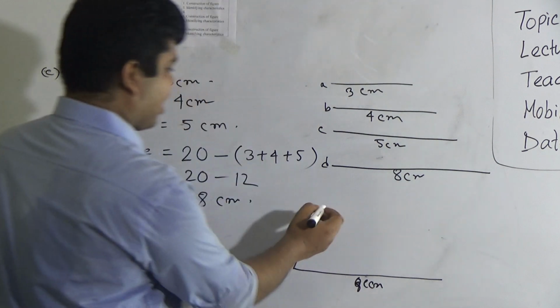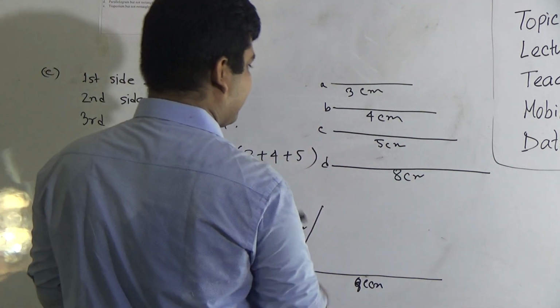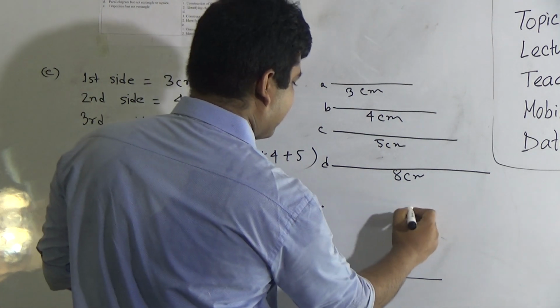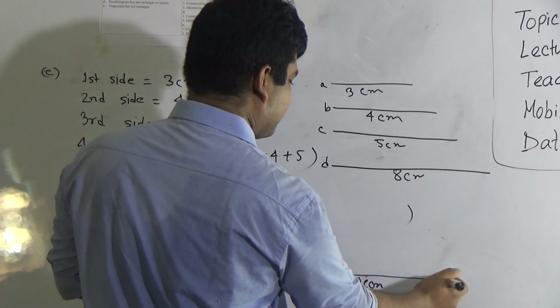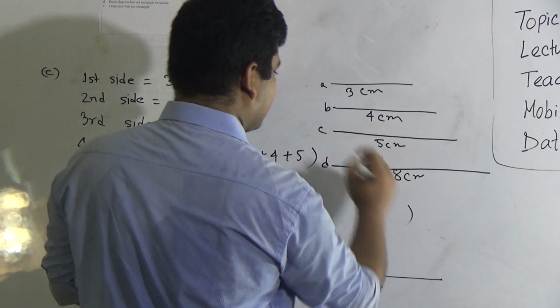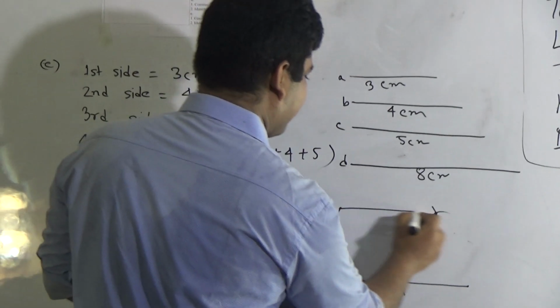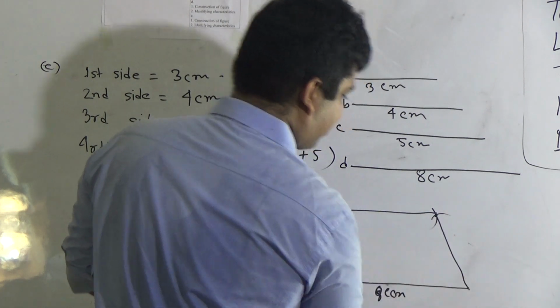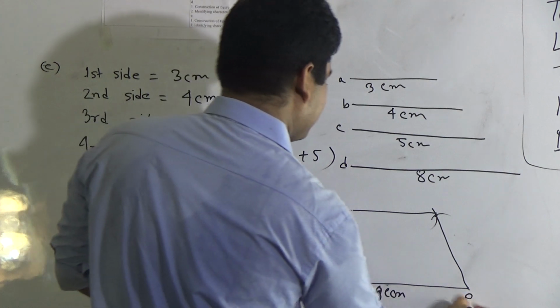Okay, and taking this one as the center and using 5 centimeter, you draw an arc which is this, and again taking this point as the center, you draw another arc by using this 4 centimeter, and they intersect at a point. Now you join this one and this one, and A, B, C, D